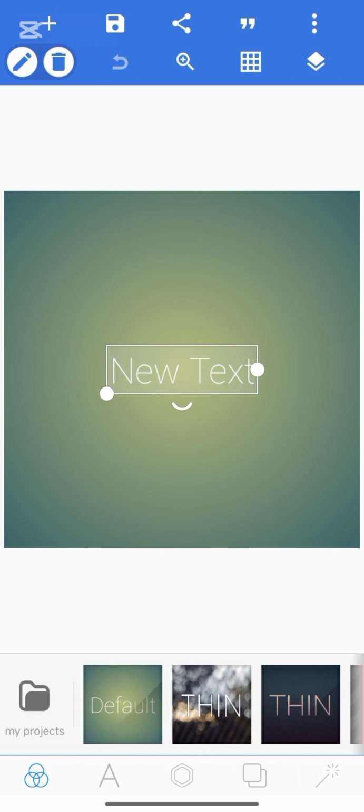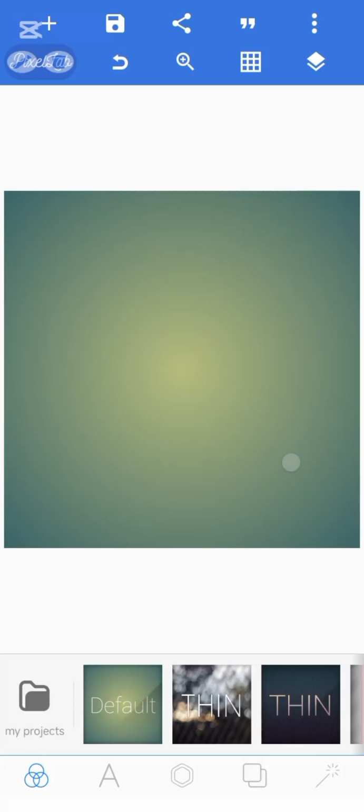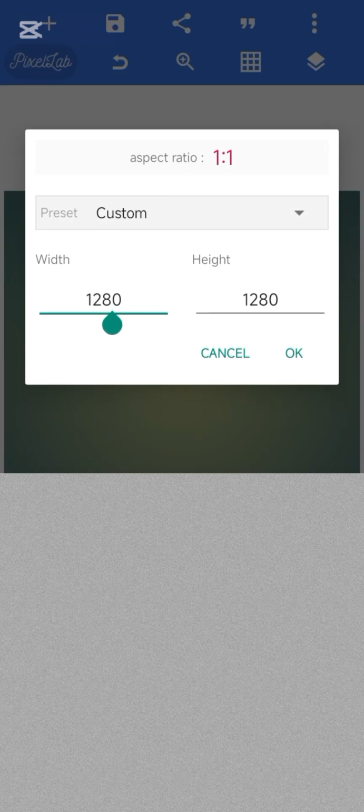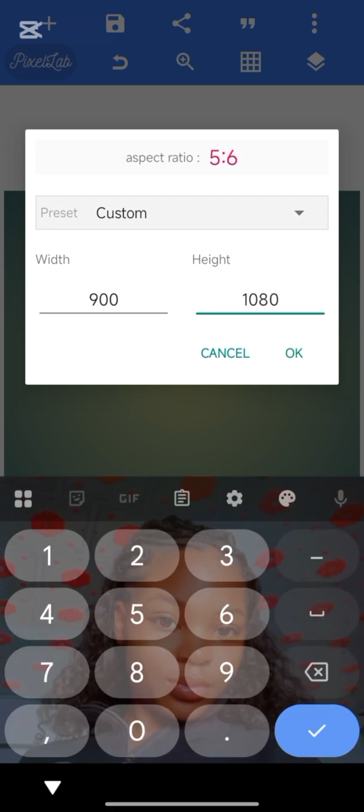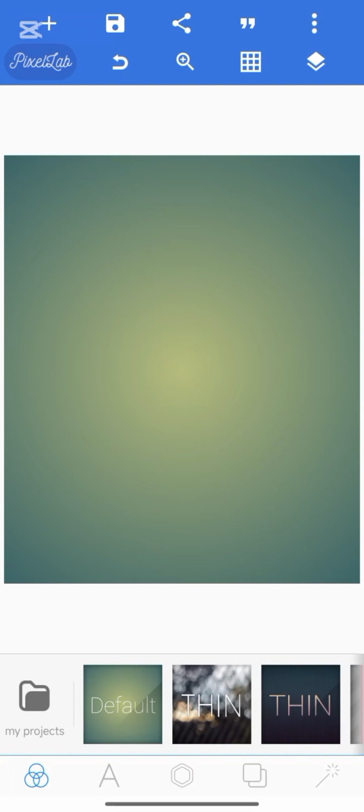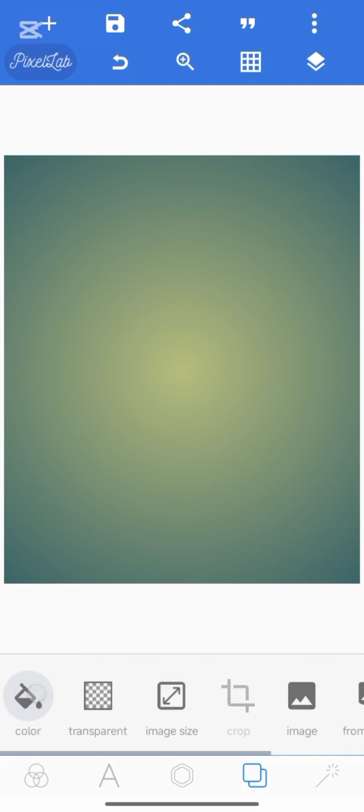Now when you enter, you will see this interface, then you click on these three dots, change your size to width 900 and height 1080. That's it. Okay, when you are done, the next thing is to import your image to change the color